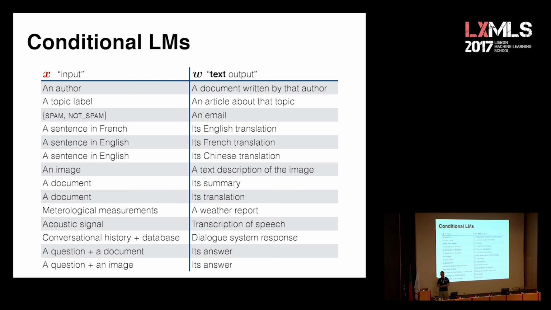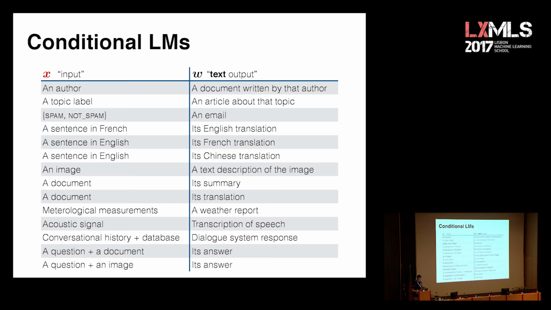So here are a bunch of examples of conditional language modeling. W is going to be our output sequence of words, and X is going to be an input. So we could have a whole bunch of different things. We could have an author, and W could be a model of things written by that author. A lot of people have written in English. They're going to share a lot of aspects. You know, the grammar doesn't change very much between different people, even over hundreds of years. But what people write about changes quite a lot. And this is kind of an interesting thing. Can we build a single model that can generate things that sound like Shakespeare and